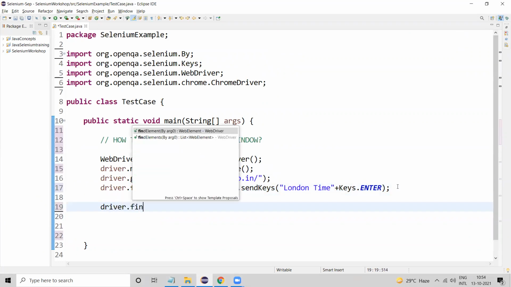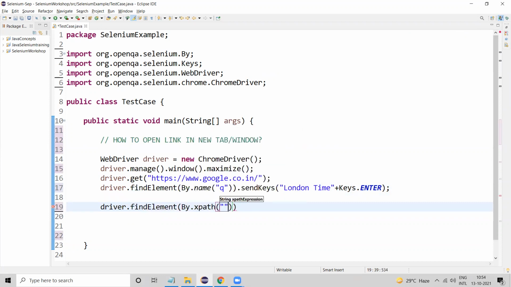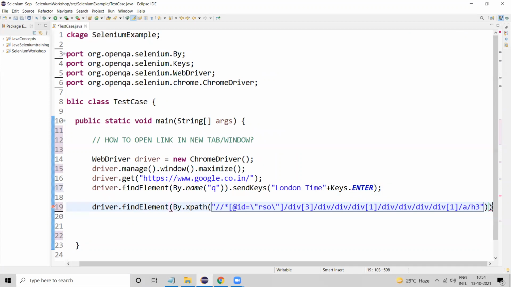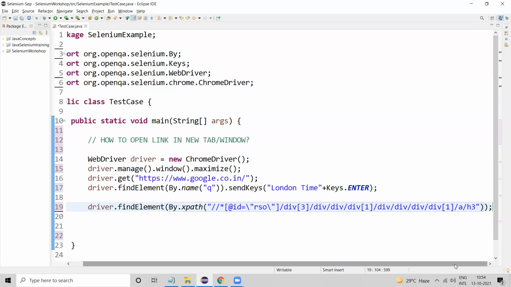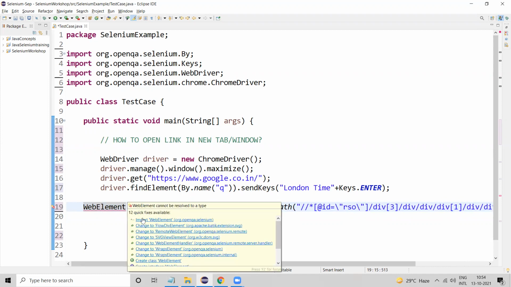Driver dot find element by dot XPath, we'll give the XPath over here, and store this in a variable. Suppose first link equals to, I will store it in a WebElement, and import this.